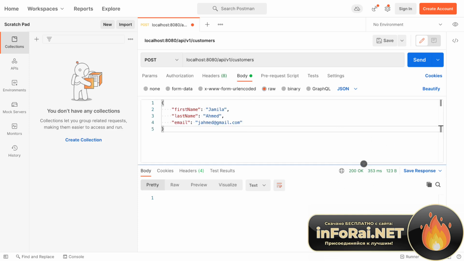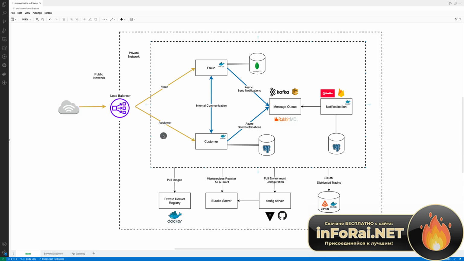So you can see that it was a 200 status code. Now, what this means is that the request did flow through. So in here, just ignore the load balancer, which we don't have at the moment, but the request went to customer, to fraud, and then customer did send a notification to our notification microservice. And currently we're just storing the request into the database. We haven't implemented Twilio nor Firebase, and also we don't have the message queue in here, but this we'll tackle later. But all I want to show you is that we are communicating between all of these microservices